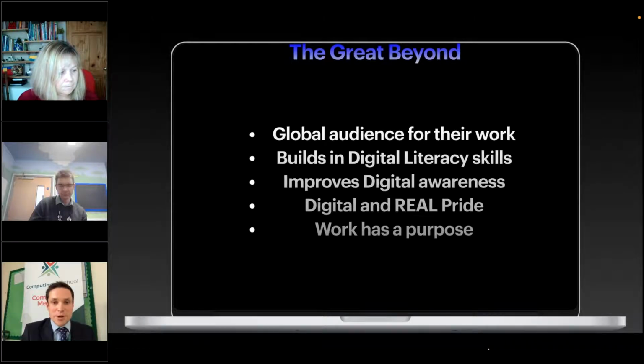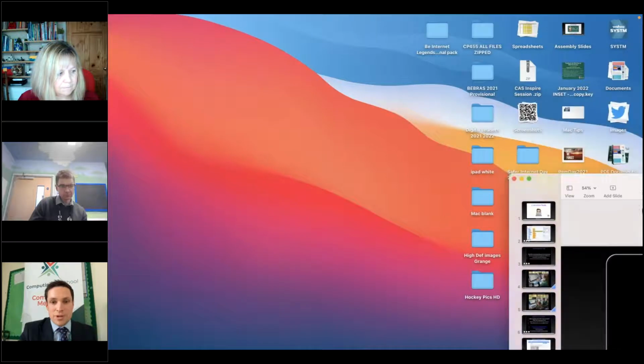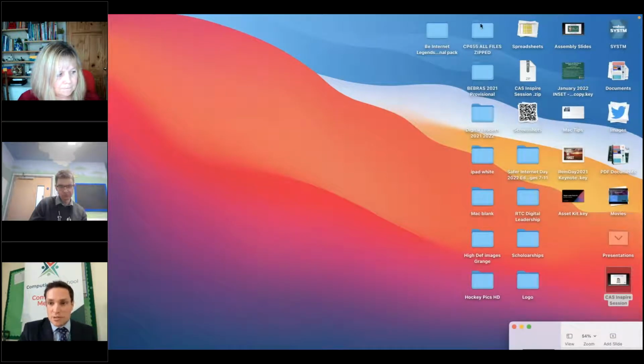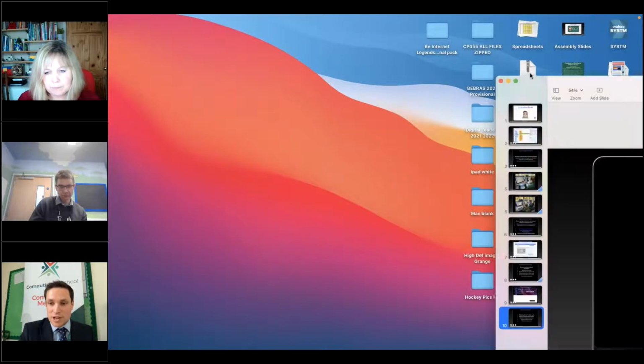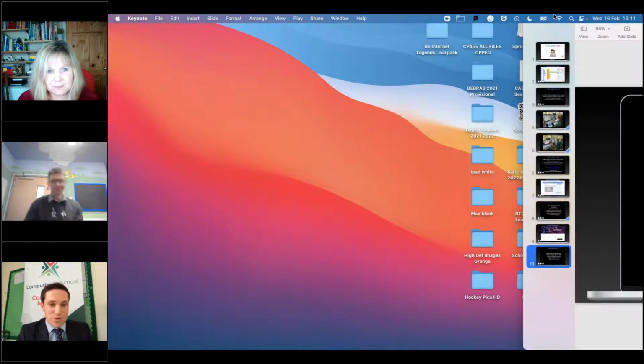So there's some simple tips from me about how you can start evaluating work in Scratch. And on that note, I will pass on, and I cannot wait to hear some tips from Ben and Sarah, who are also experts in the field. So I look forward to your presentations.